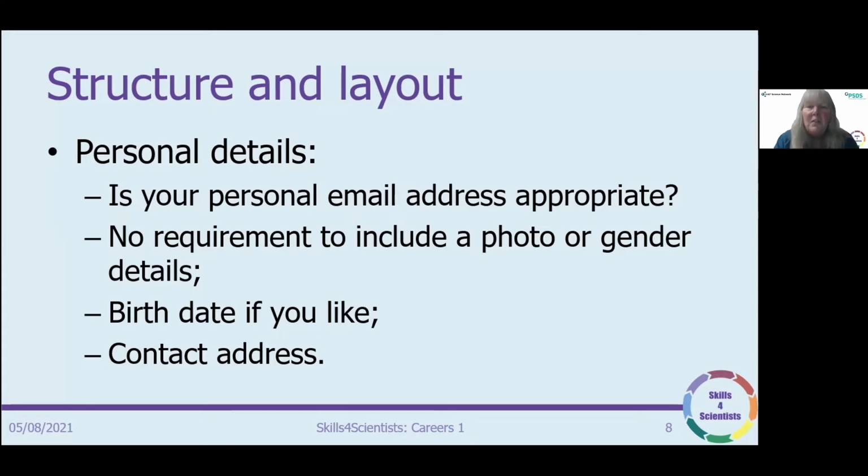It should obviously be your name, but I know that isn't always the case with lots of them, but just make sure it's sensible. I've said before, there's no requirement to include a photo of yourself or any gender details on your CV. In fact, I would say leave them out. There's no need to put them there, so don't. You can include a birth date if you like. That's up to you. I don't,